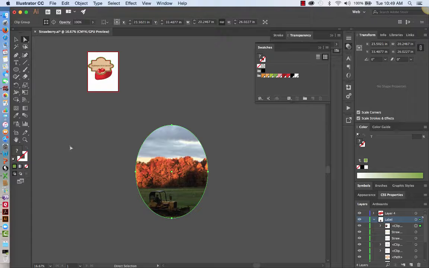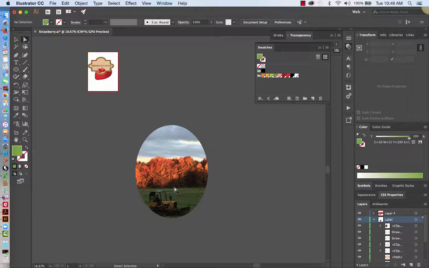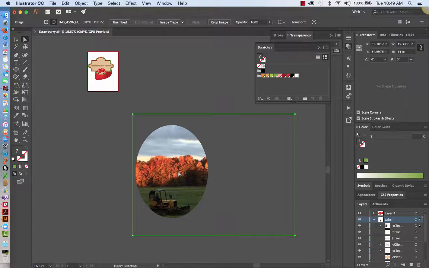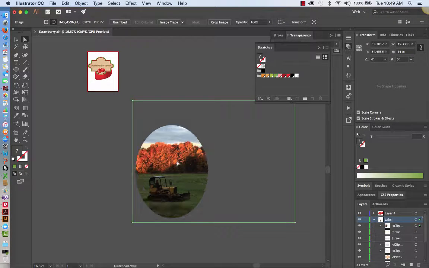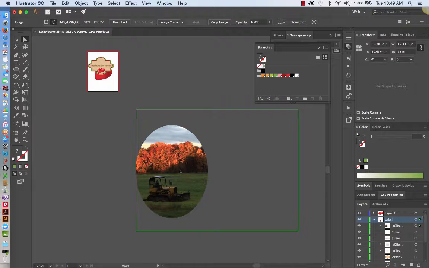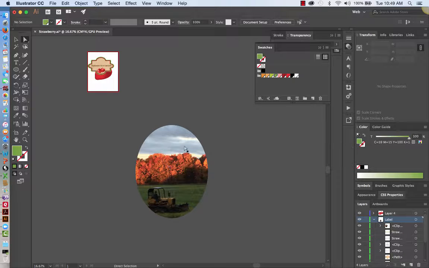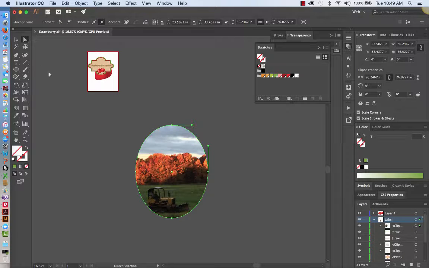If I wanted to move the image inside the oval but maintain the oval clipping mask or shape, you just use your direct selection tool and click on the image, and then I can move the image inside the frame. There we go. Now, if you choose to make a texture on top of that, I'll show you again how to do that as well. You want to get the selection tool, not the direct selection tool, and I'm going to copy it. So I can copy that shape, do a Command C,